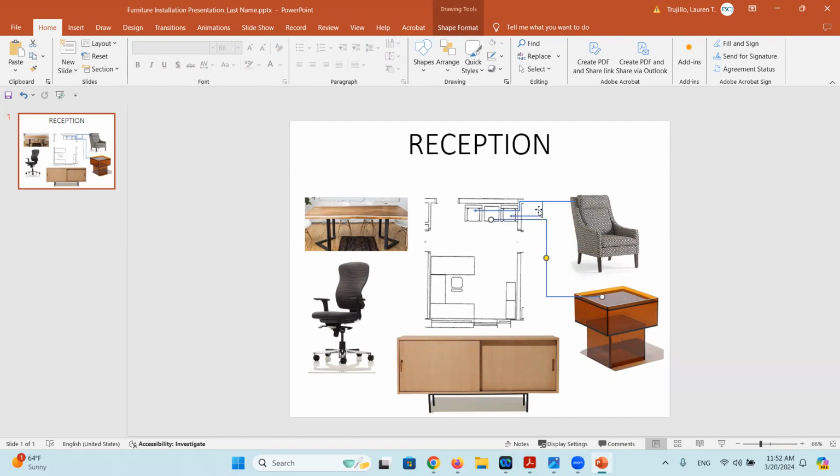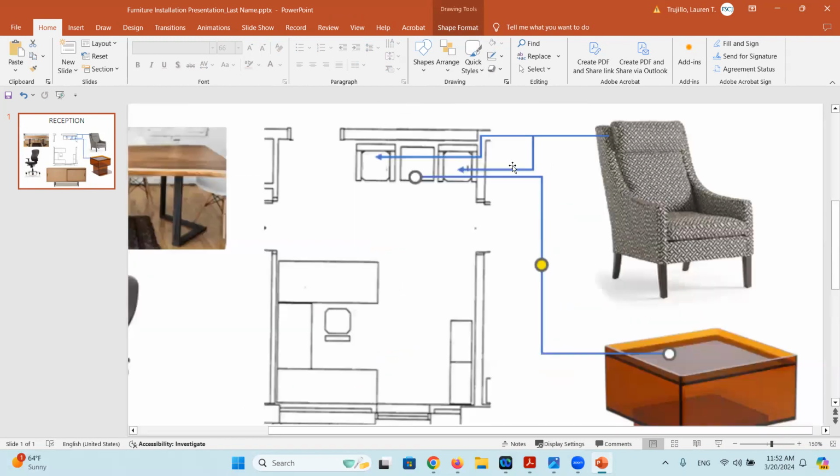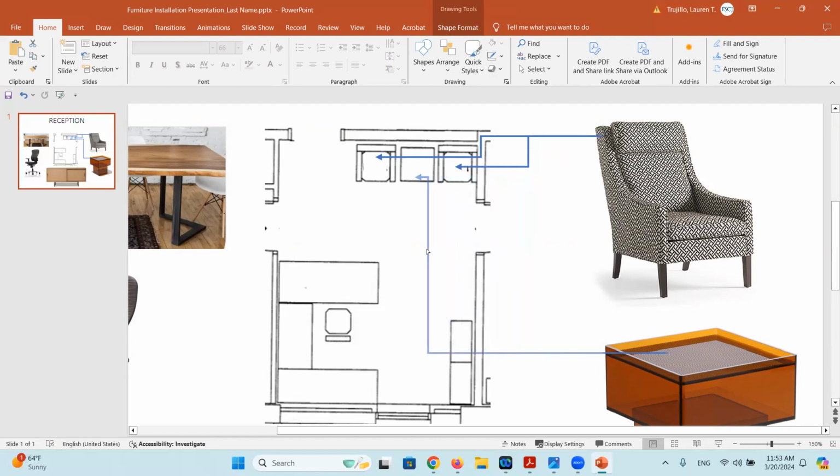Now, I don't love how close these arrows are to each other. It's never good practice to overlap too much, but I don't have the flexibility with my arrows that I would like, or maybe what I would have in a different program. So I'm trying to just make it look the best that I can.